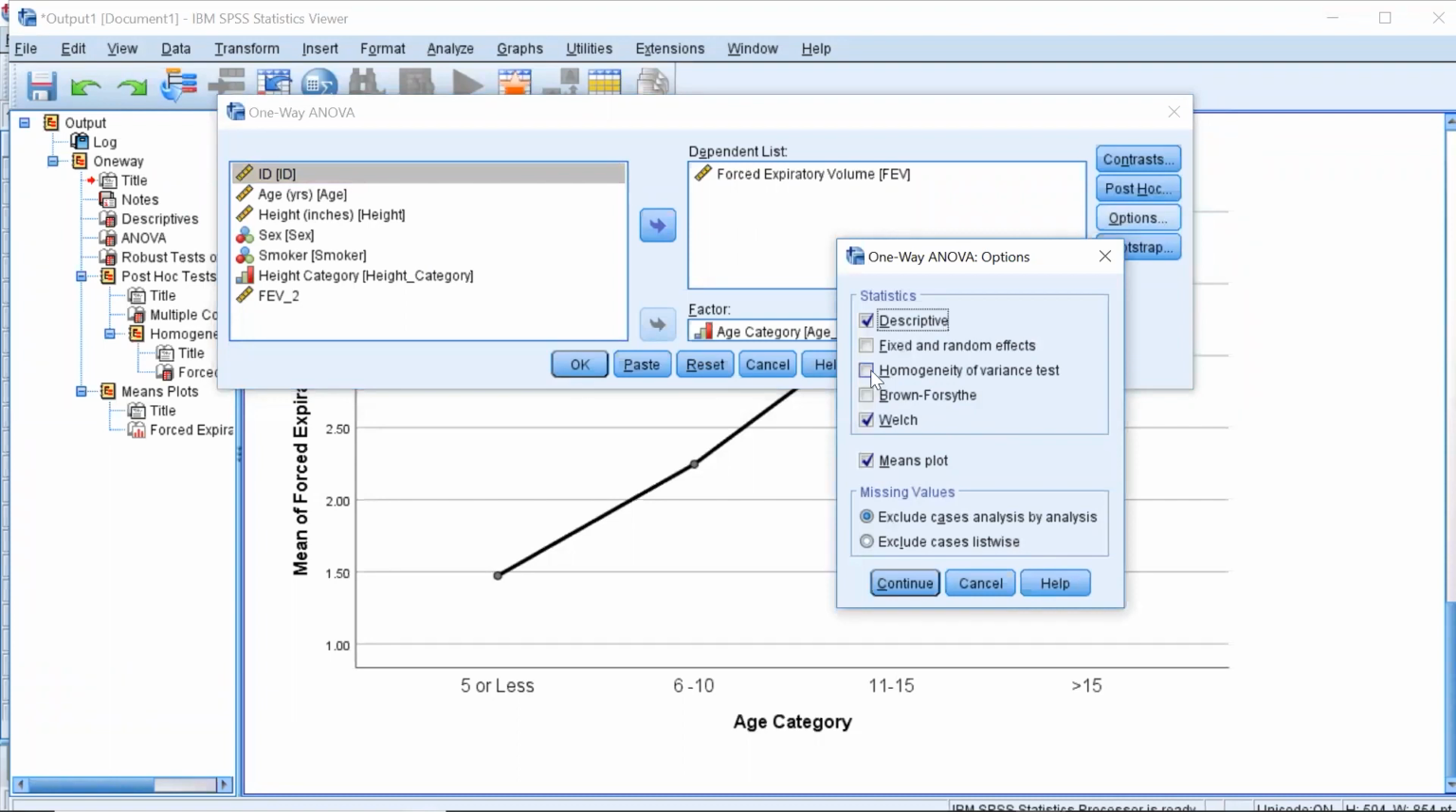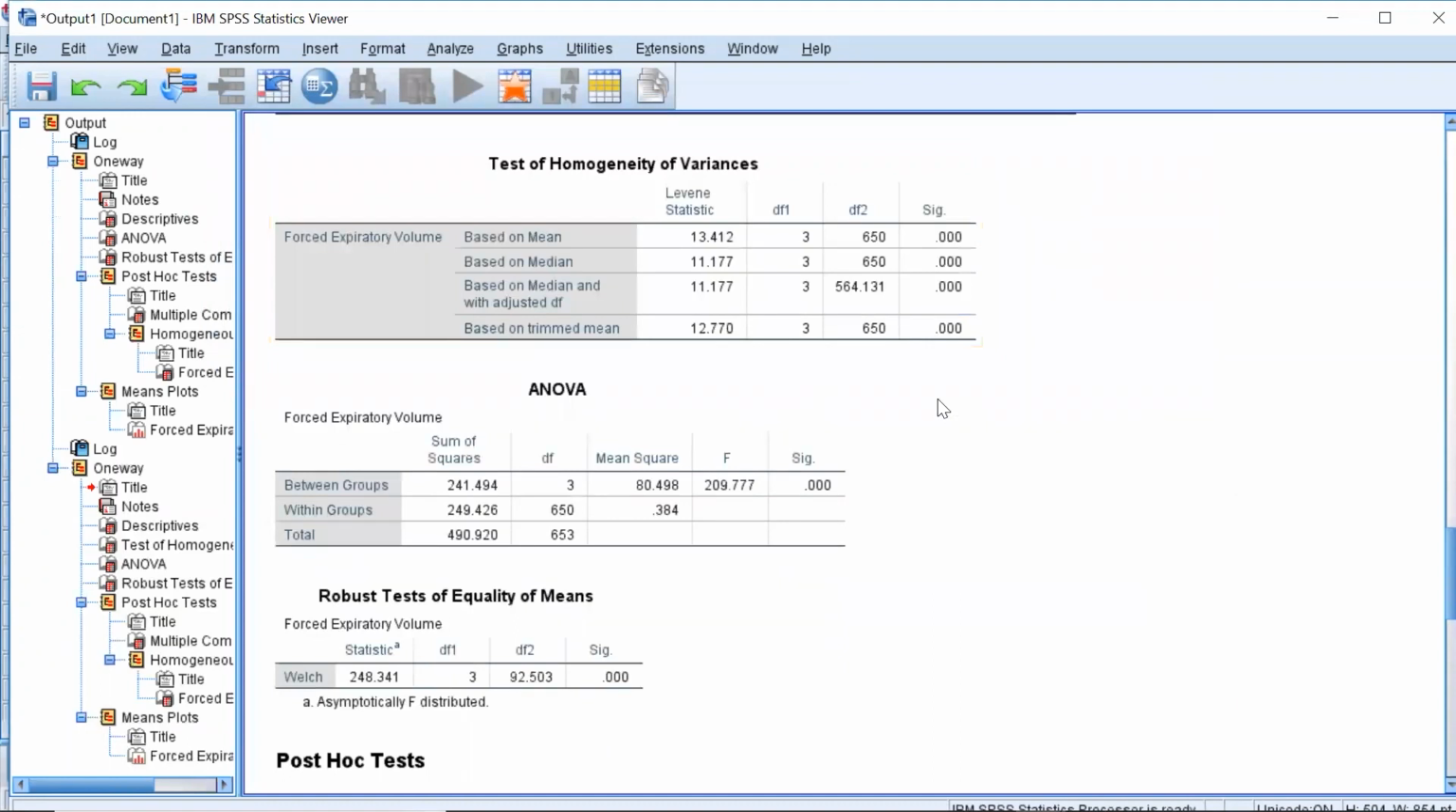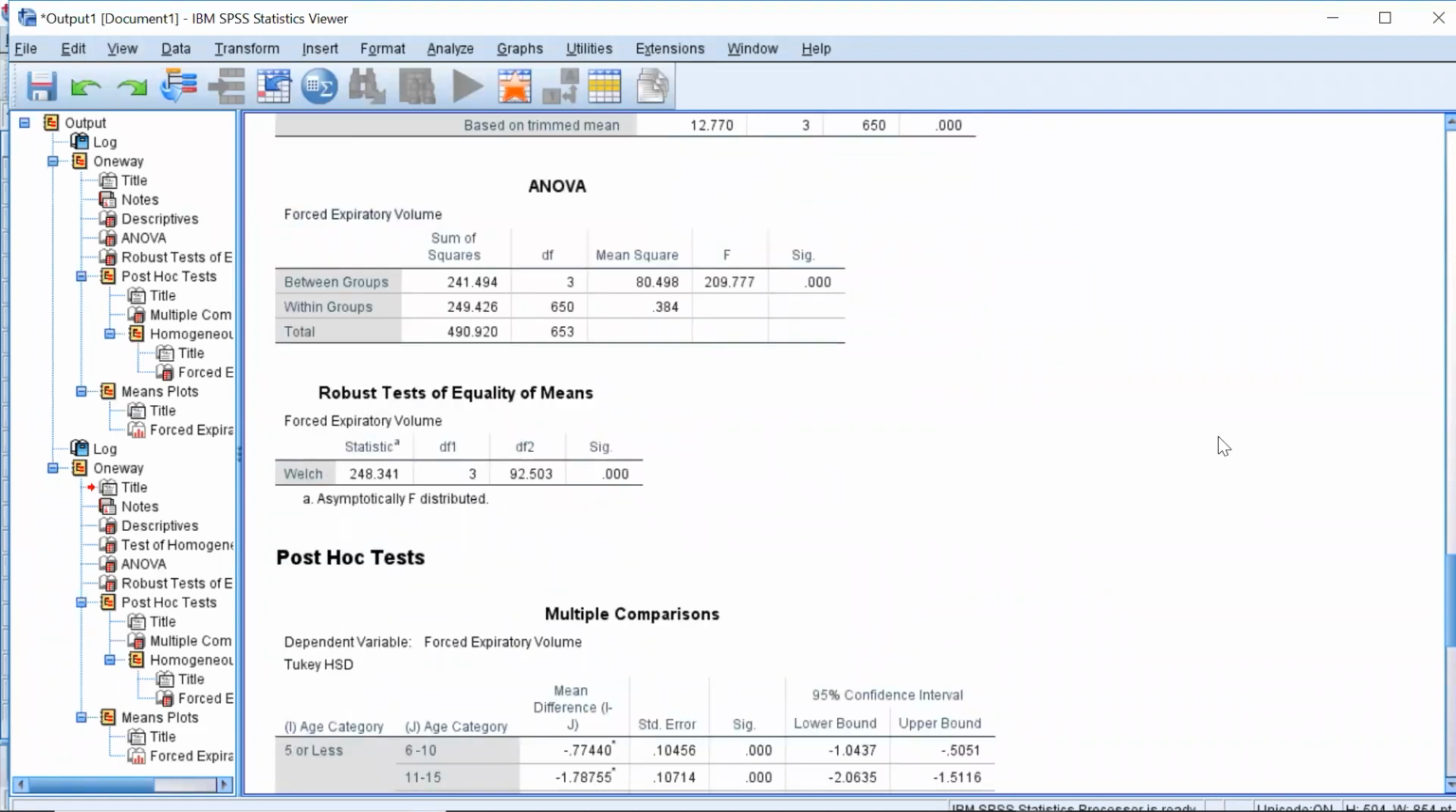Oh, very importantly, I want to turn on the homogeneity of variance test right here. And we'll run that. And you can see that's the Levene statistic again. You can see that we have violated the homogeneity of variance assumption. If this is p less than 0.001, then we have violated that assumption, which would suggest, depending upon the